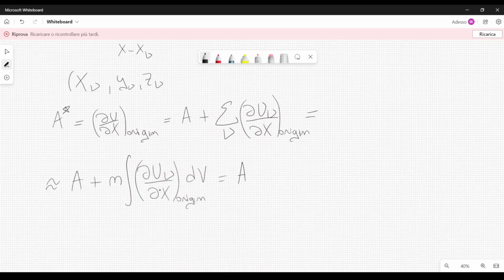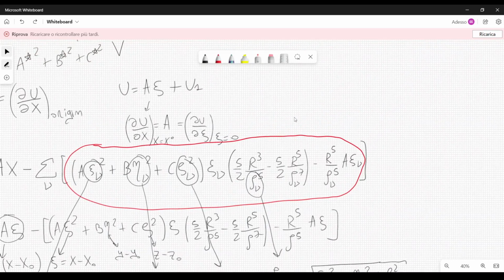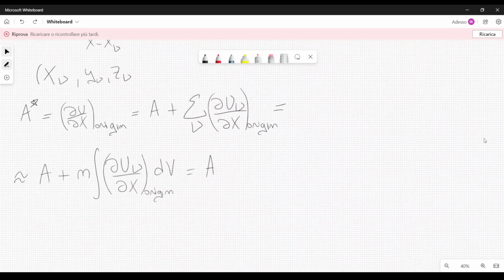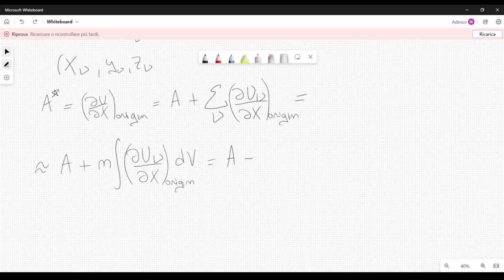Now we can also take the derivative of u nu with respect to x nu, but we have to change the sign because this is a function of xi nu, which is x minus x nu. So if we take the derivative with respect to x nu, we have to change the sign, and this will be a minus n integral du nu with respect to x nu evaluated at the origin